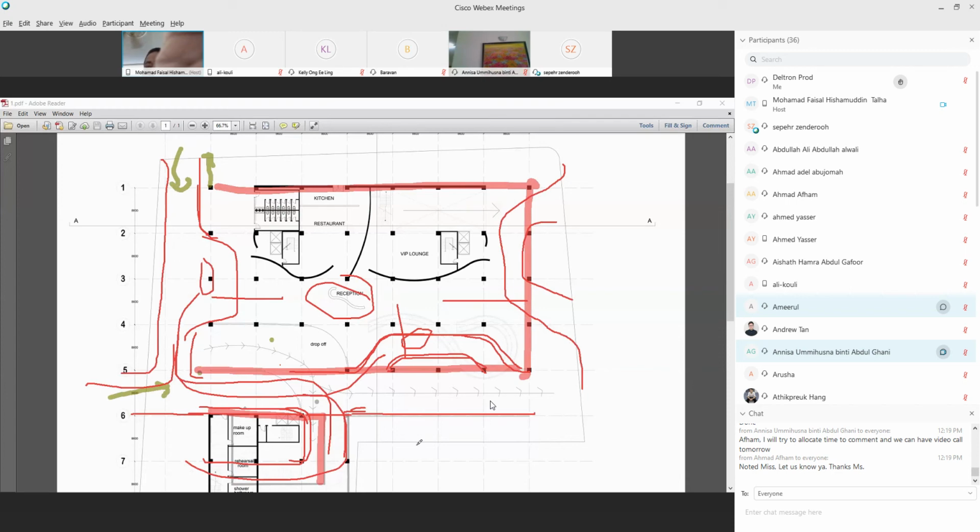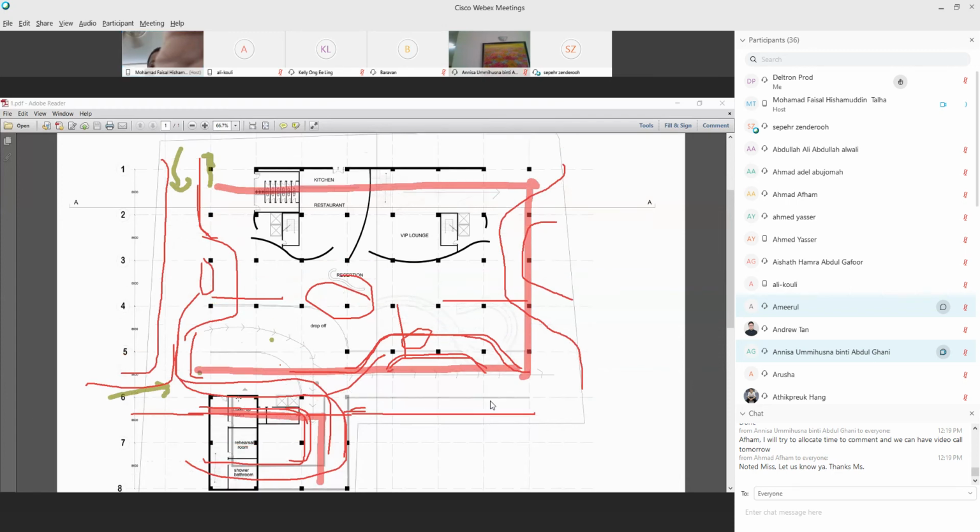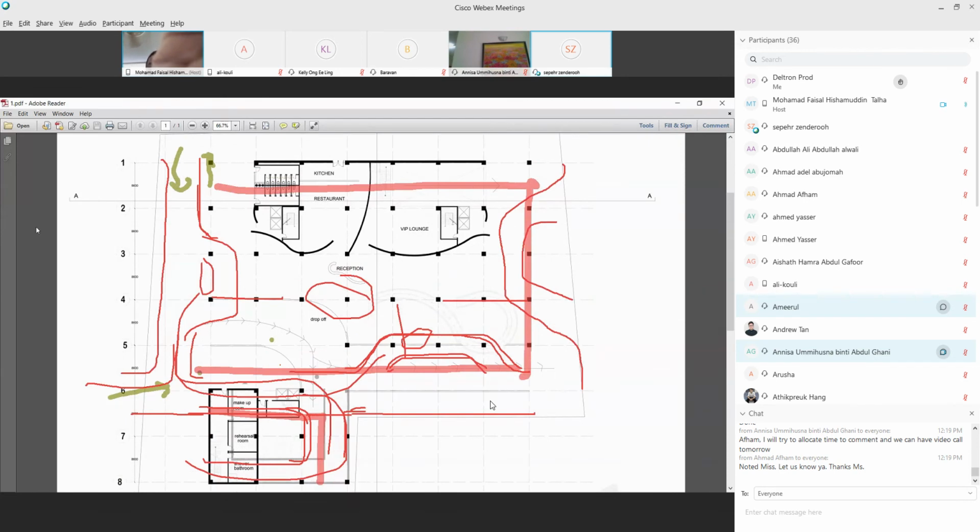Which part are you referring to? The lower part? Yeah, I have a building actually here, and I have a building above. So you can have.